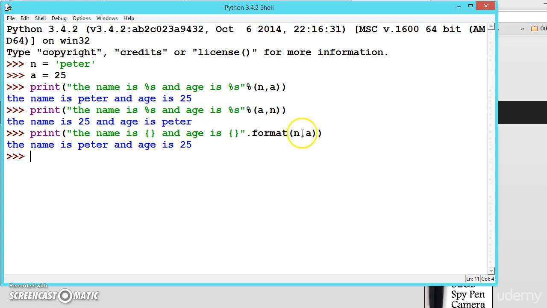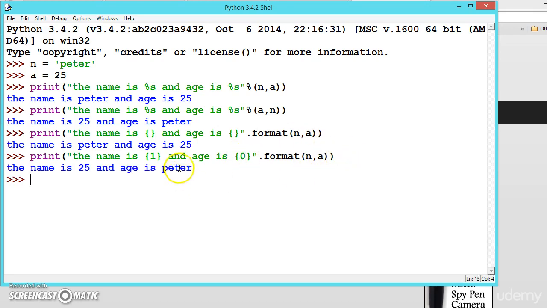So this is a list, and it starts with 0, this is 1. Place the cursor, press enter, and now here we can give 1. 1 means it will bring the data from a, and if you give 0, it will bring the data from n. See here.